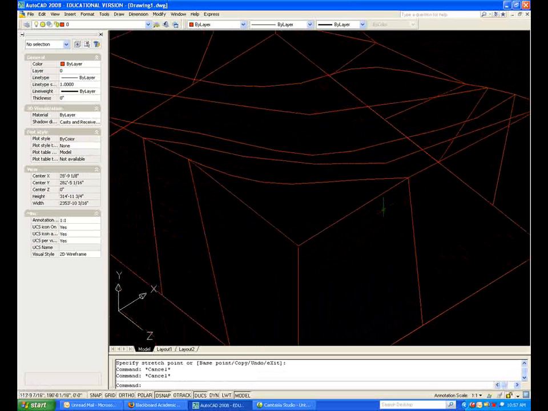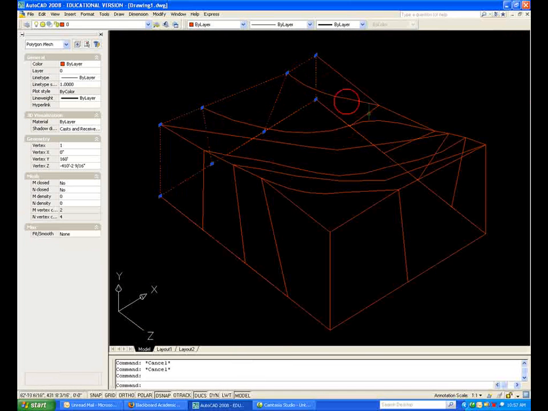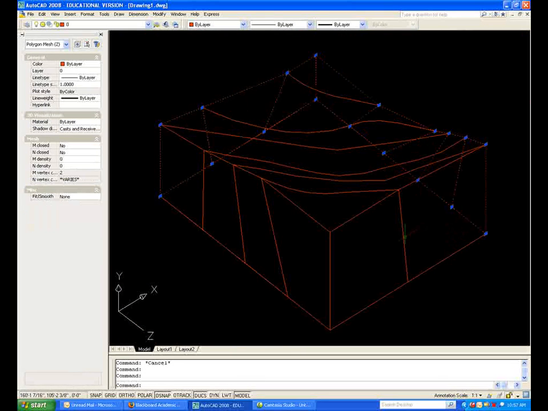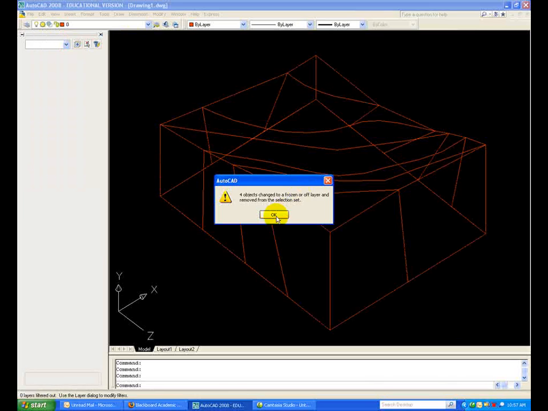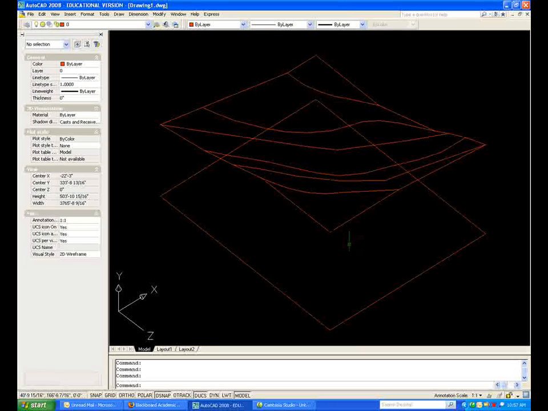Okay. Now, we select these 4 elements, and we move them to the model layer. Now, we're not done. As in